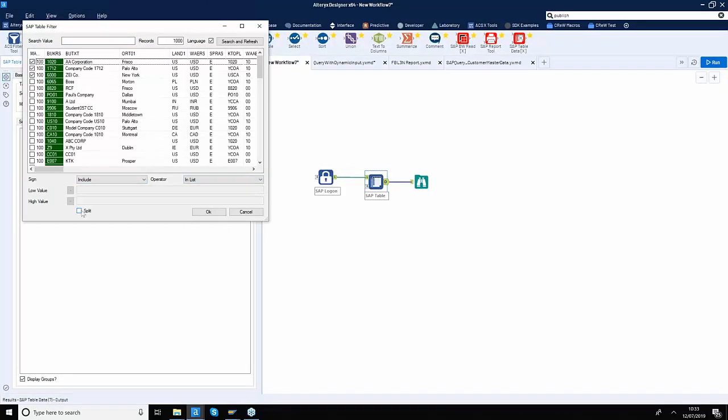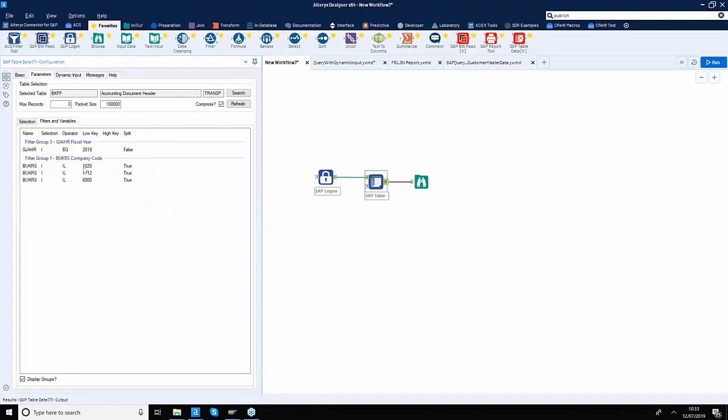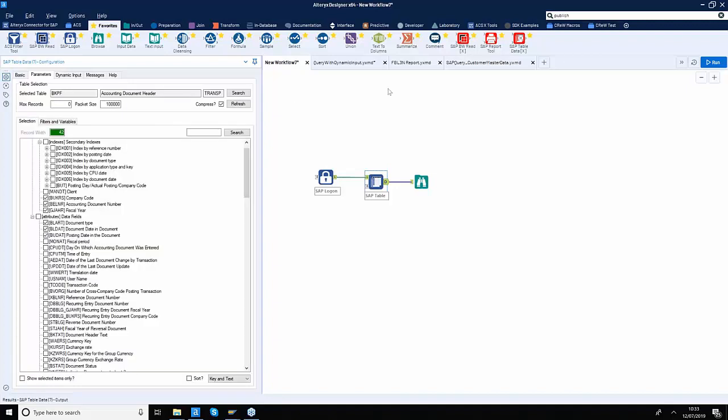I can switch on this split checkbox and click OK, and now we will make one request per line, and if for that line we still have more than 100,000 records, then we'll keep on going just for that line to the database, get all the data out before moving on to the next line, and so on and so forth.